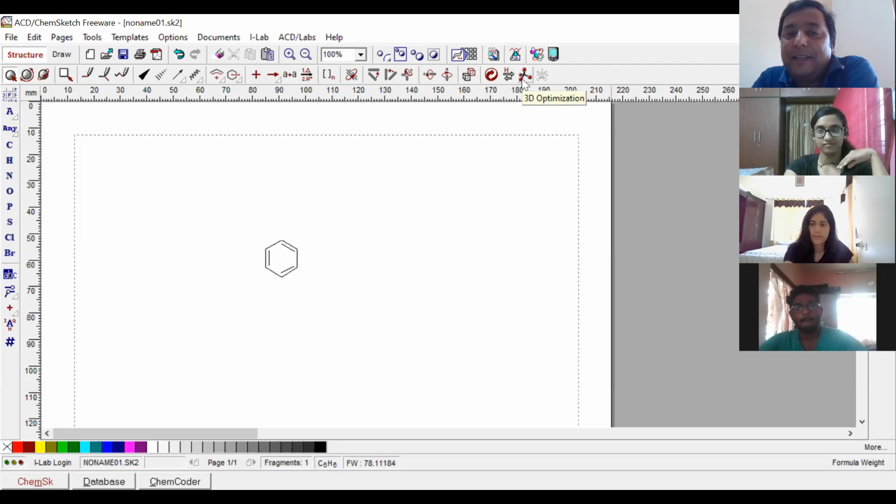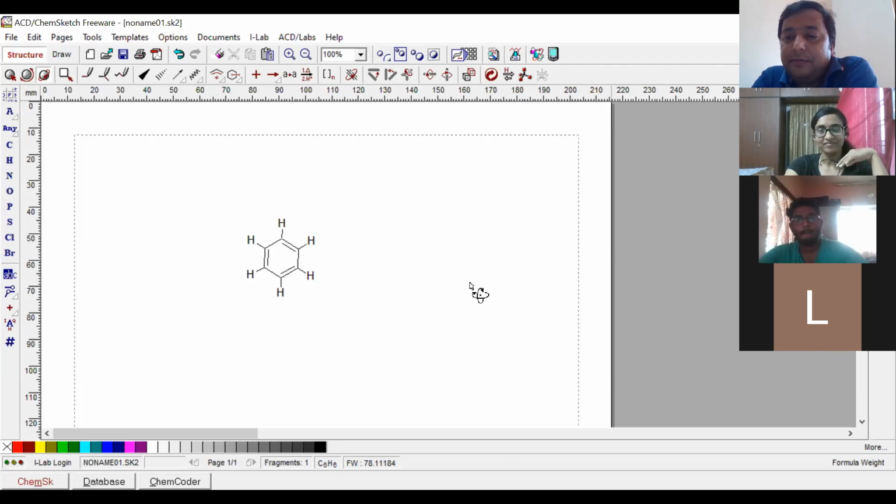Here I am optimizing these things, and you can say the hydrogen bond has been attached. Can you see here? Now it's not like a bond order. It's justifying the valency of the carbon.